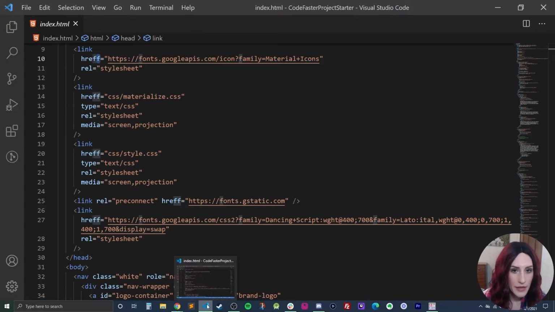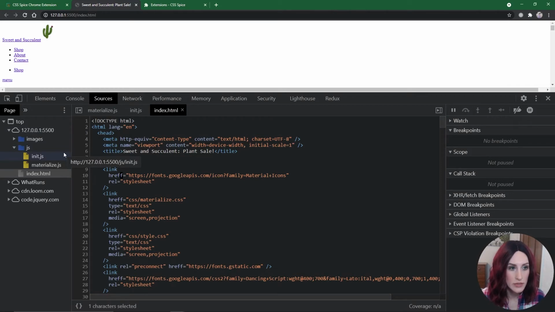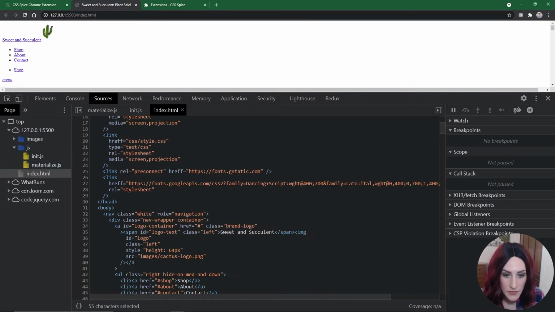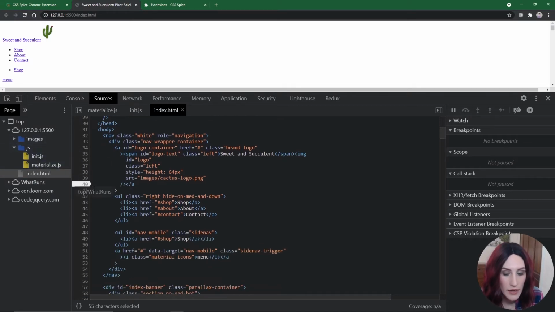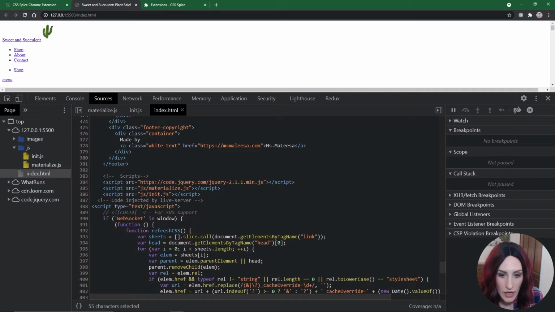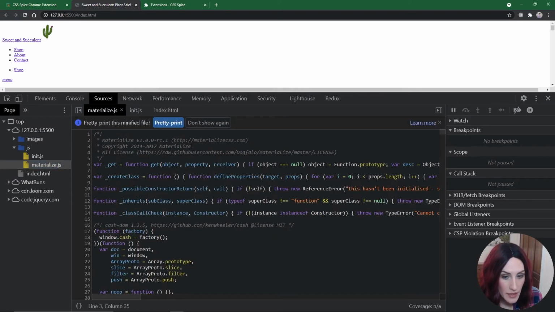Okay, so if you're wondering why something is not applying, check and make sure the resource is being pulled into your project. Same thing with the JavaScript. If you don't specify the correct path for your CSS file or your JavaScript file, then it is not going to appear in here. Down here at the bottom, our script tags, Materialize and jQuery, we know that those are loading in here because they appear over here, and we can click on them and take a look at the